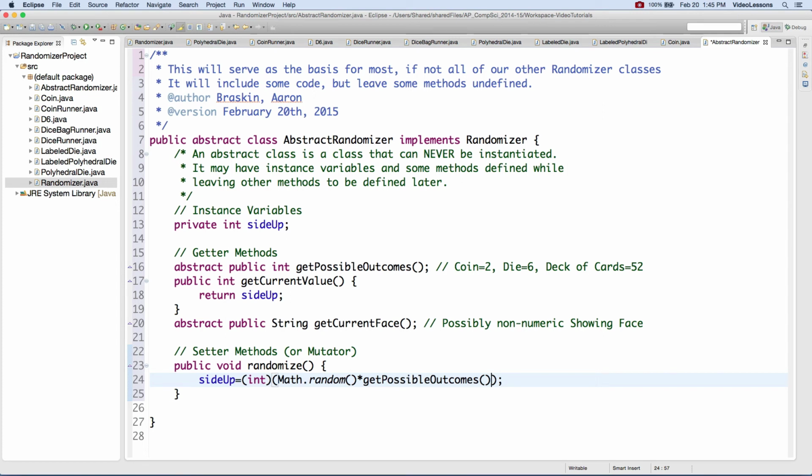class here is never actually going to be used in its current condition. What's going to happen is we're going to extend it and we'll fill in the missing methods, at which time this will become defined and this statement will make sense. So I'm going to say that, and then I'm going to add 1. So it always falls in the range of 1 to whatever it is that I'm defining. So if it's a two-sided die, like a coin, it'll have the values of 1 and 2. If it's a six-sided die, it'll have the range of values of 1 to